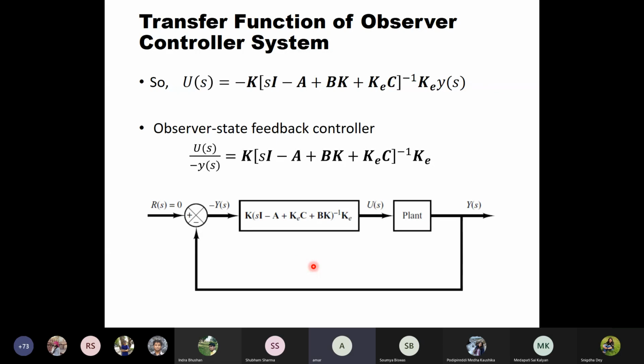Okay, so I'll finish it over here. In the next class, I will take examples, the biochemical example as well as other examples, to illustrate it further, and go on to the design of the reduced order observer. Okay, so if you have any further questions, I will answer. Otherwise, I will end the meeting.